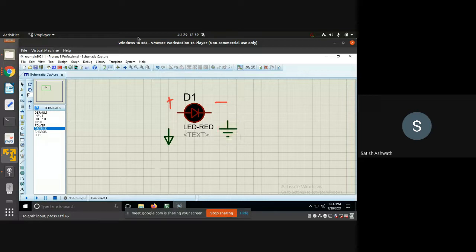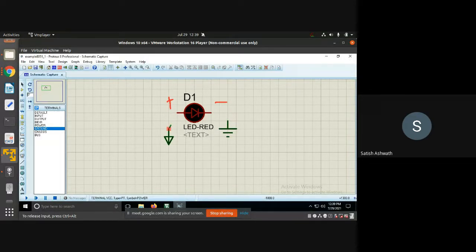So now just to turn on the LED, I have placed these three components. As of now, no controller is involved. I just want to connect the LED. So when you want to make the connection, just escape everything and you will see a pencil symbol coming on your screen. Go to the component you want to connect.